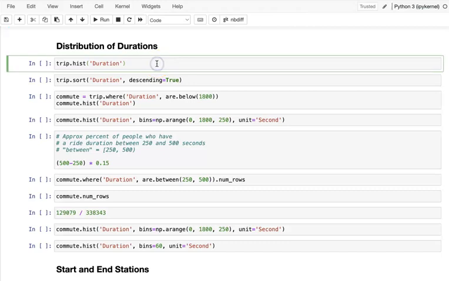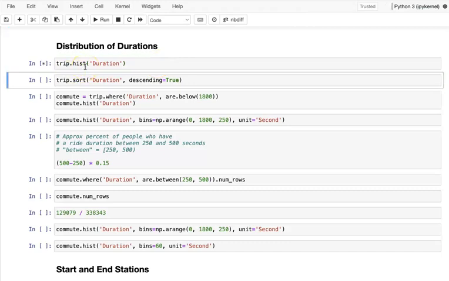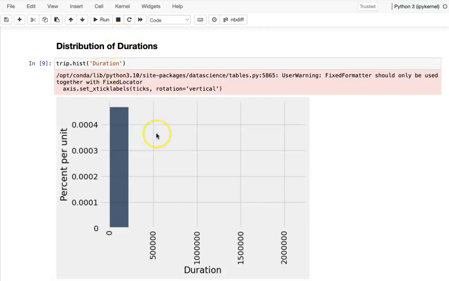We create a histogram, then we're going to the duration column. Okay, so then you will see here, since we didn't specify the bin, again, the y-axis is the percent per unit. So here the unit is duration. Okay, so the reason you see it all like this is they have a few trips whose time is very long. So that's the reason everything is only in this range. So that means the data we want is not something we can process right away.